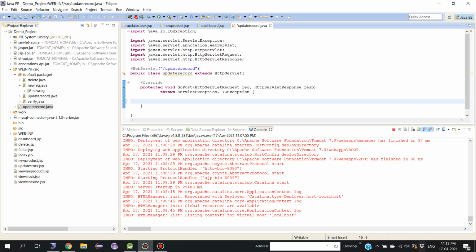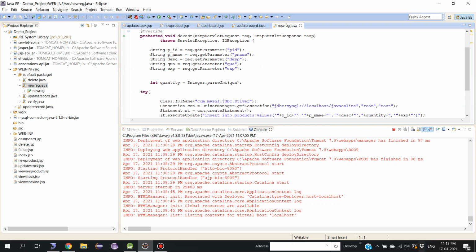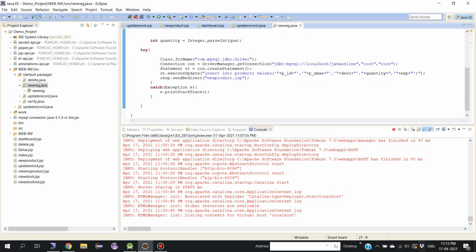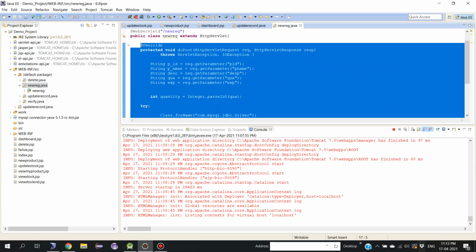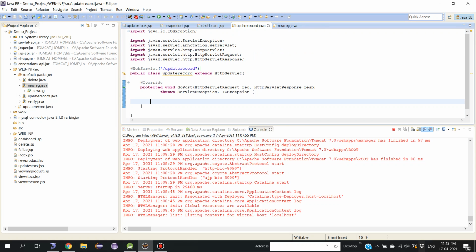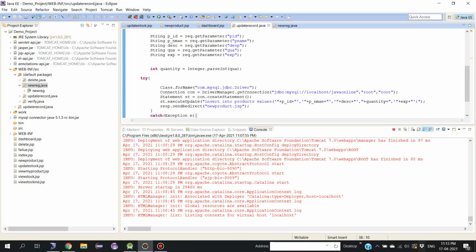After that, what I'll do is I'll go to the new registration, NewReg.java page, and copy all these parameters, all lines of code, from this page. Then I'll go to UpdateRecord.java and paste the same thing here in this page. Now, instead of insert into, I'll go with the update query because we need to update the record. So let me change this query, update